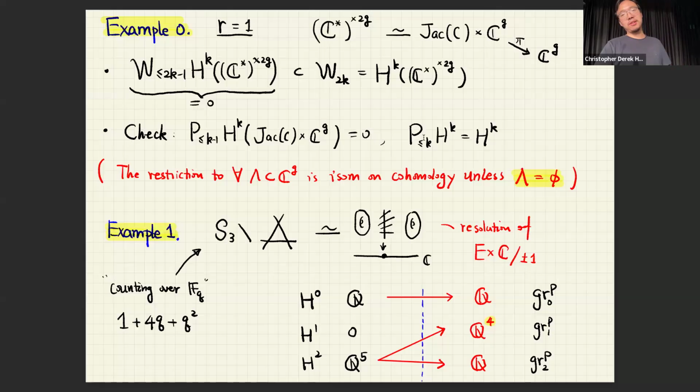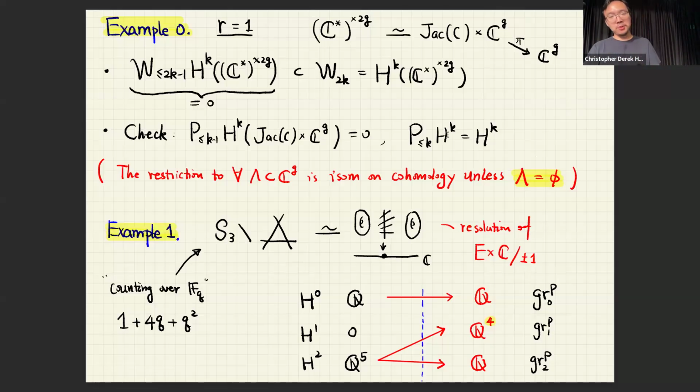So in this case, we can also see that the shape of the perverse filtration is trivial. The top part will contribute and the lower parts are 0. This is actually obvious from the definition, that the restriction to any affine subspace is an isomorphism among cohomology, because this is a trivial fibration, unless the space you choose is empty. So there's only one place where things jump, which is exactly the P_k part. This is a trivial example because both sides are too simple: the mixed Hodge structure for a product of C star is very simple, and the Hitchin map is a trivial fibration, so it's also simple.